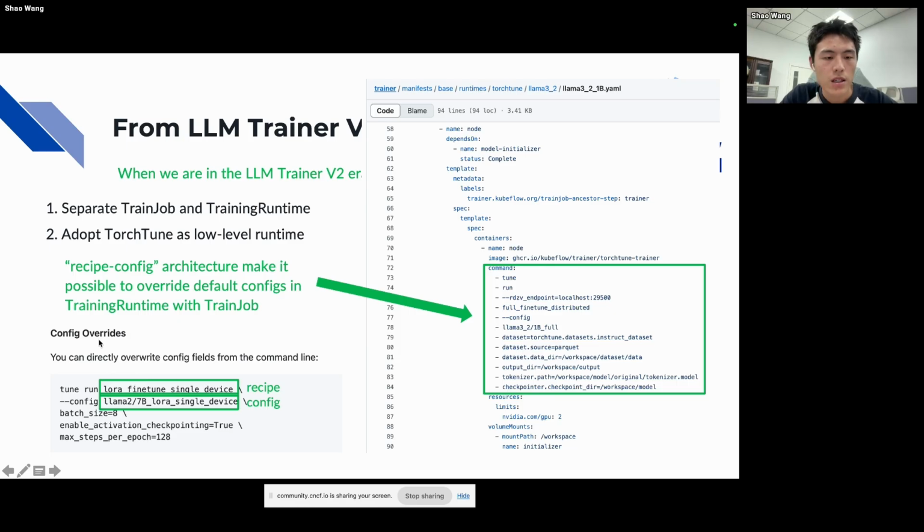And another is the config, which is about the model. For example, the scheduler, the tokenizer, and other profile settings and distributed settings are all in the config.